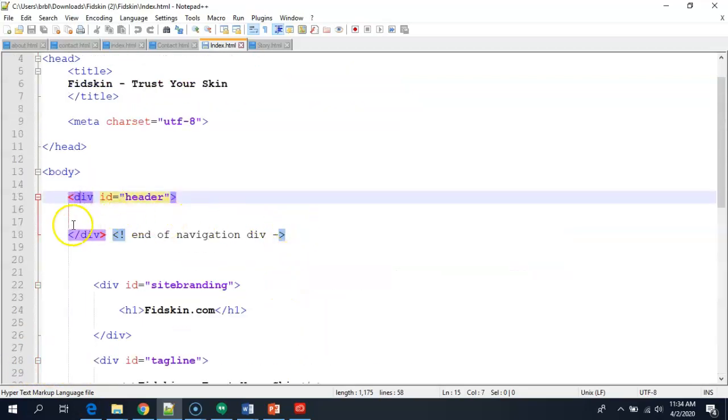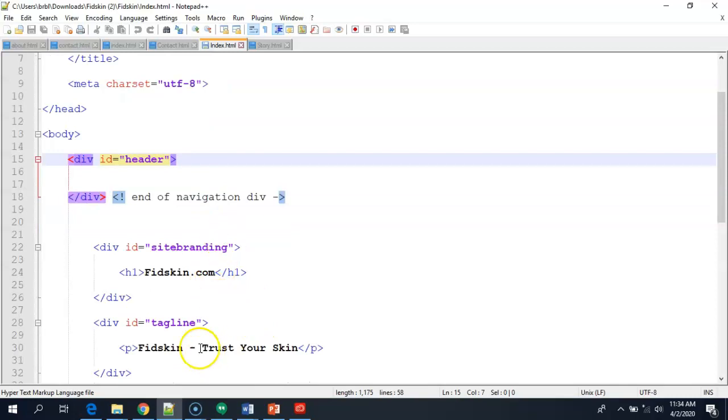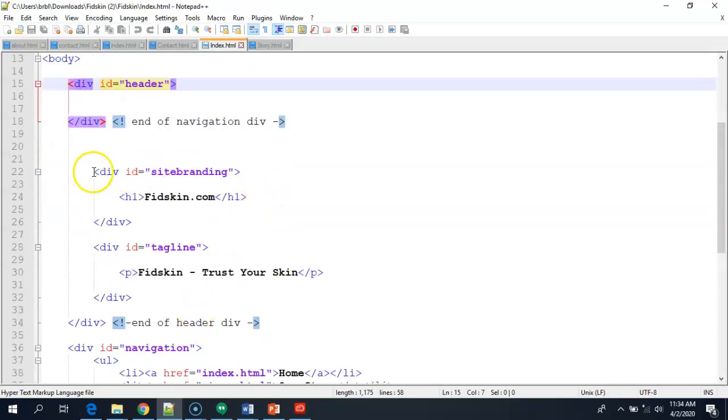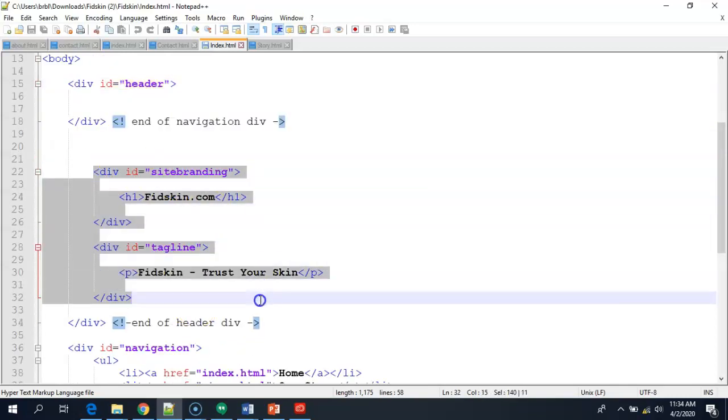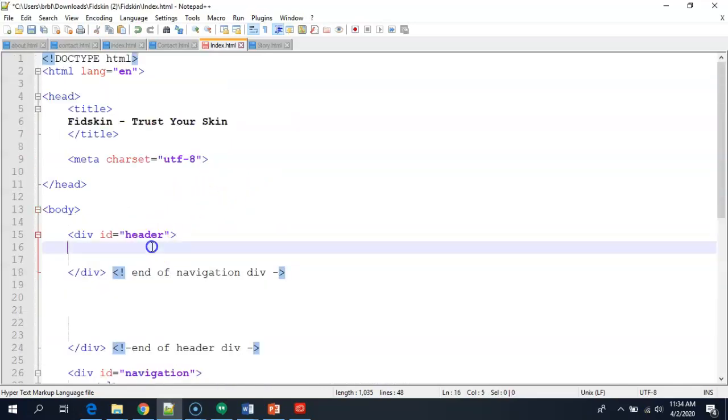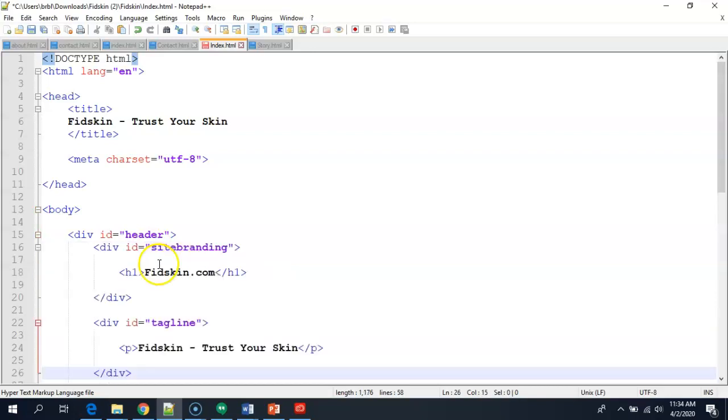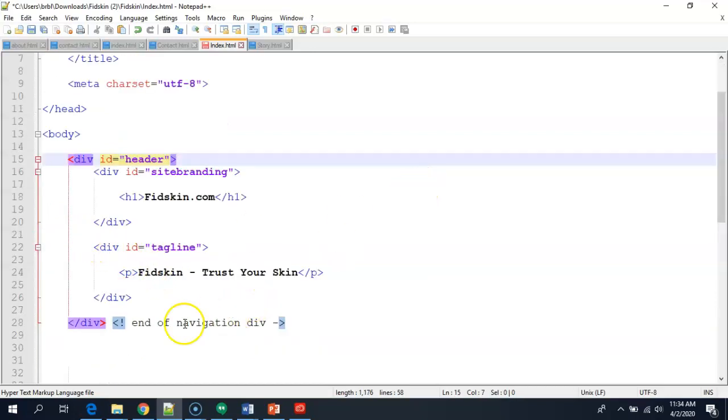In your header, you don't have anything, and yet you have your site branding and tagline just hanging out here. So these two things go inside of your header. So I'm just going to cut them and paste them inside here. So your header,